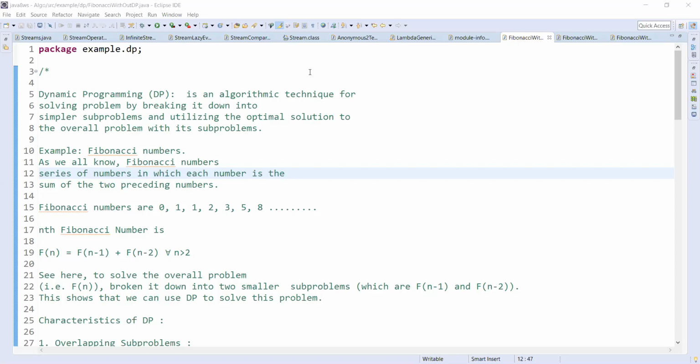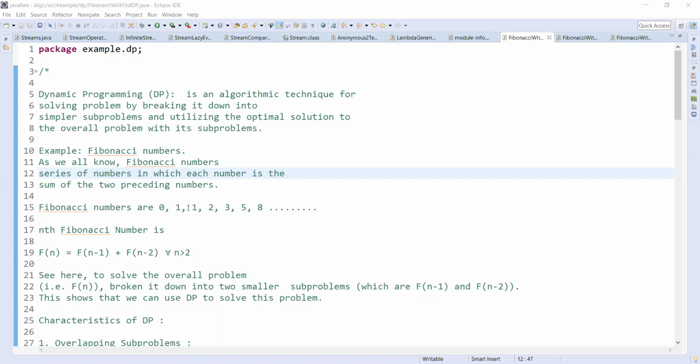Our classic example for a dynamic programming problem is Fibonacci numbers. As we all know, the Fibonacci sequence is a series of numbers in which each number is the sum of the two preceding numbers. Our series starts with 0, 1.